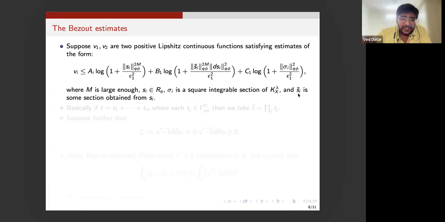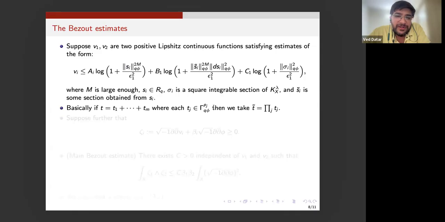This strange little S_i with a little tilde is essentially a technical thing that we need to introduce in order to be able to prove our Bezout estimates. And this is really because in our case, if you recall the definition of